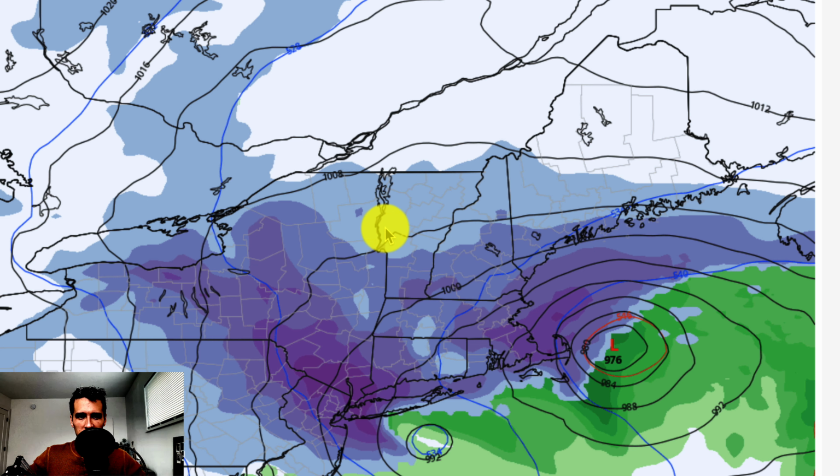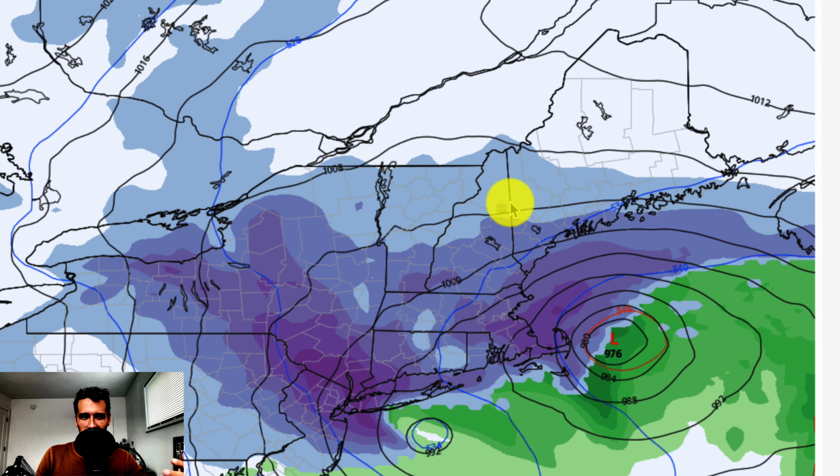We have a big nor'easter coming during the early part of next week. There's going to be quite a bit of precipitation. There's going to be quite a bit of wind. We're probably looking at impacts to travel. And the way that this all breaks down is super complex, and it's going to take a while, probably right up until the minute this storm starts for us to figure out exactly how this is going